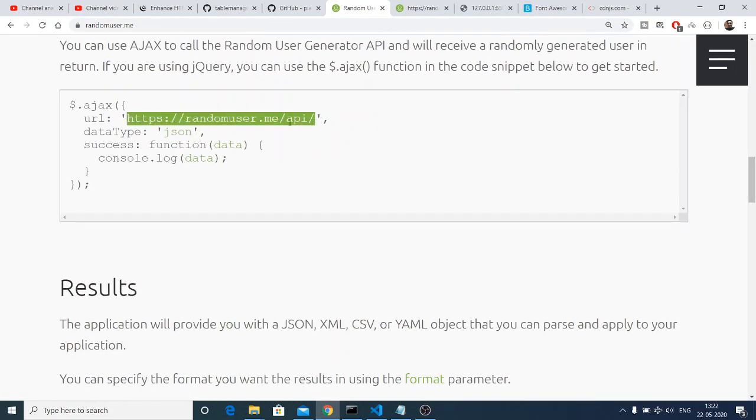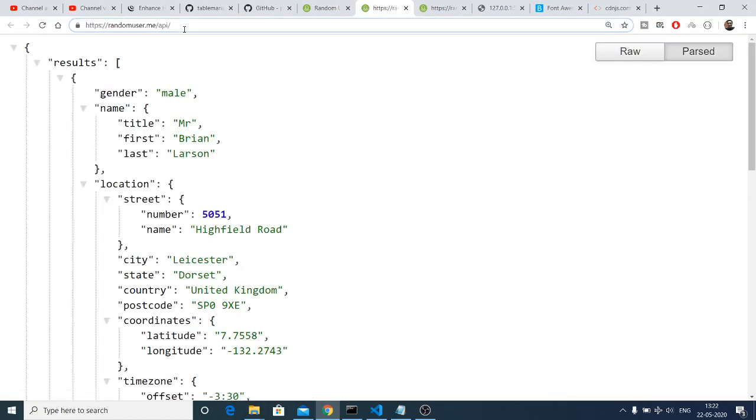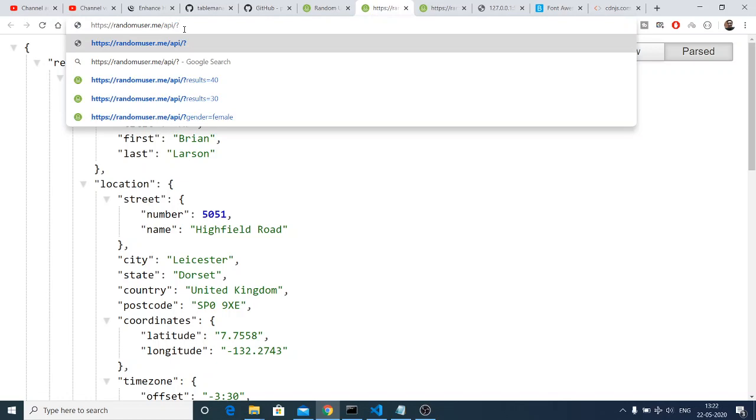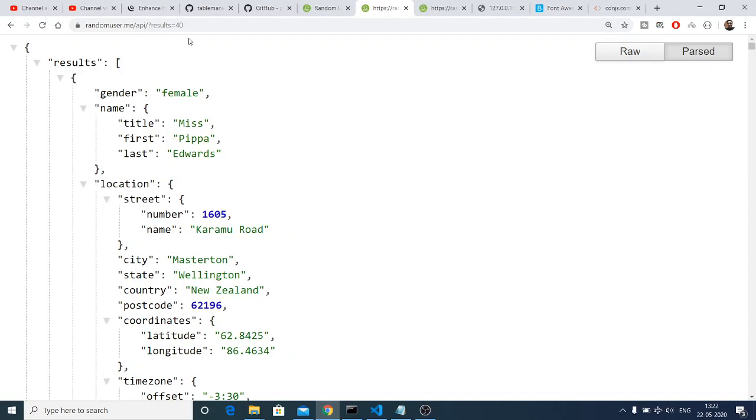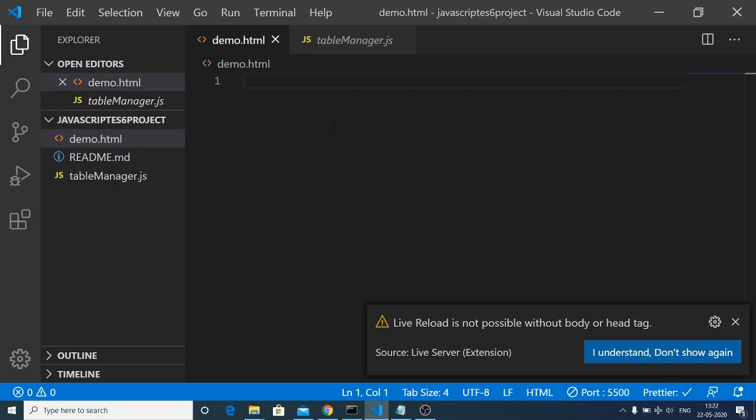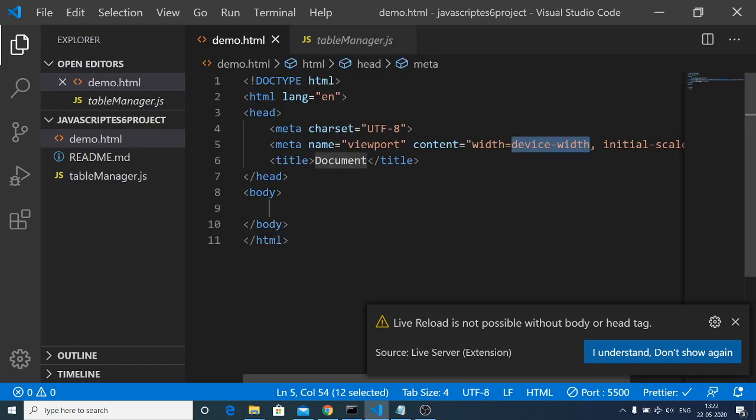So copy this endpoint. If you go to this endpoint, it will return a JSON response to you, and the argument that you will specify is results equal to 40. So here you can provide as many users as you want. So it will return 40 random users. So now first of all I will write a simple template. So inside this I will write a title, that is random users sort filter and pagination in